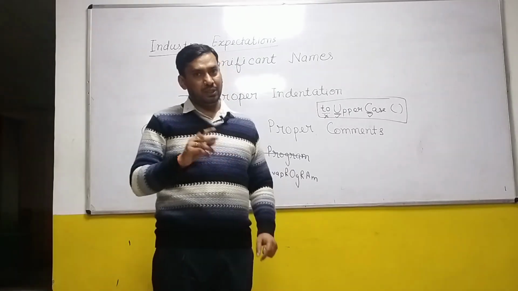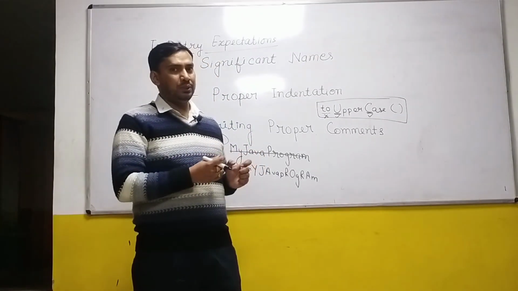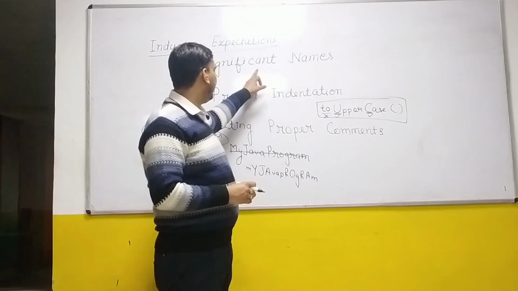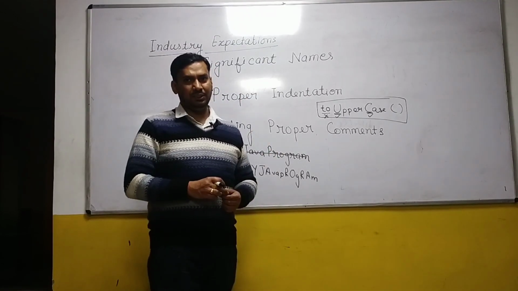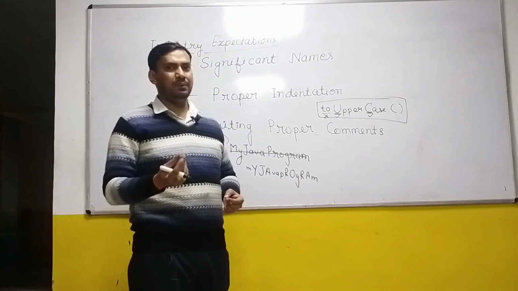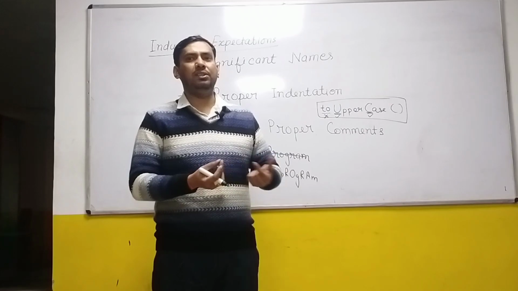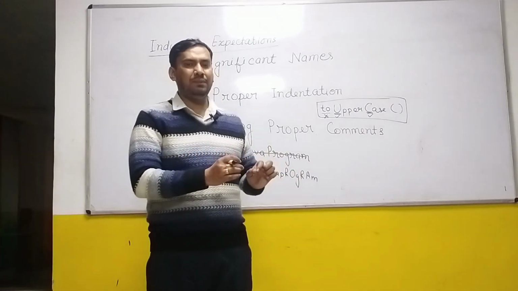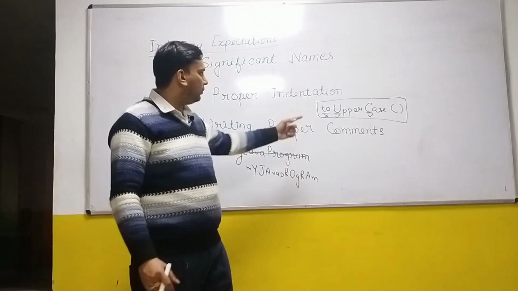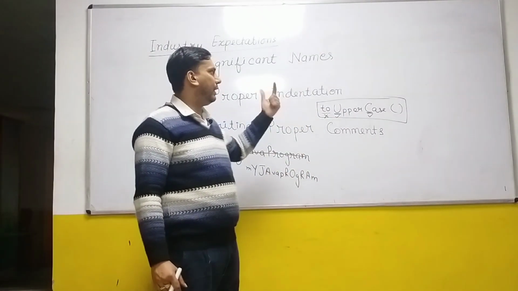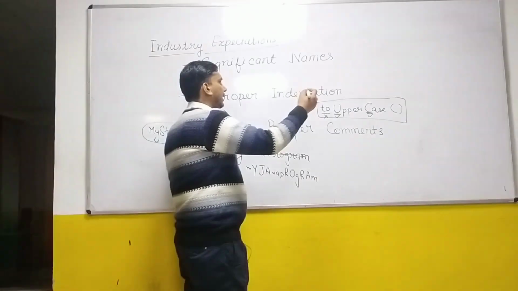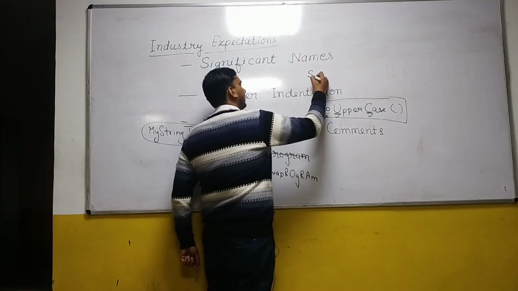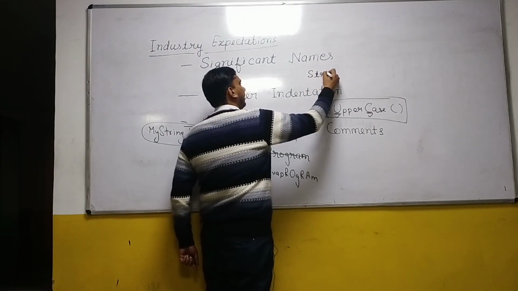Again, I told you, now you have to incorporate two things: significant names and proper naming convention. Significant names means you should not write int d or string d. You should write some significant, proper name, and you should follow the naming convention. So I can write here, let's say I am creating the date of birth, so I should write string